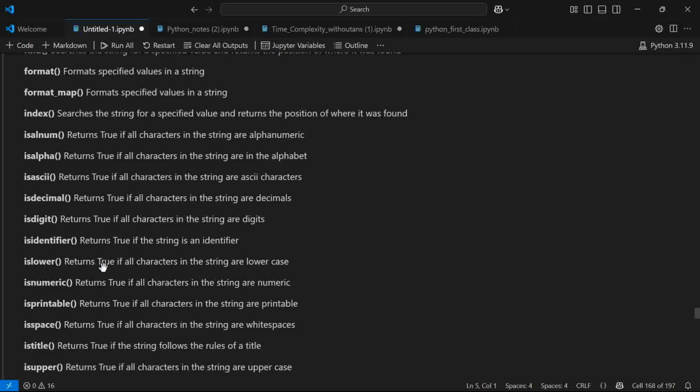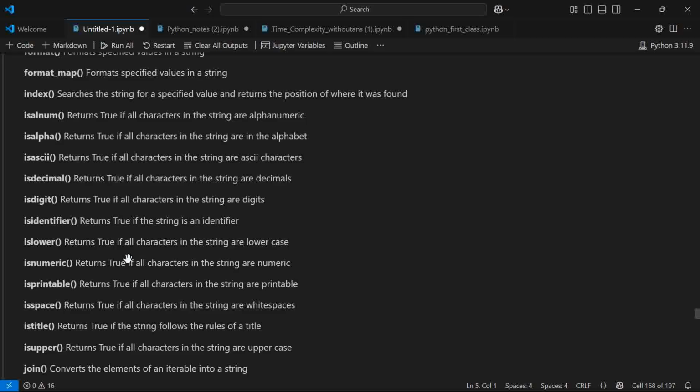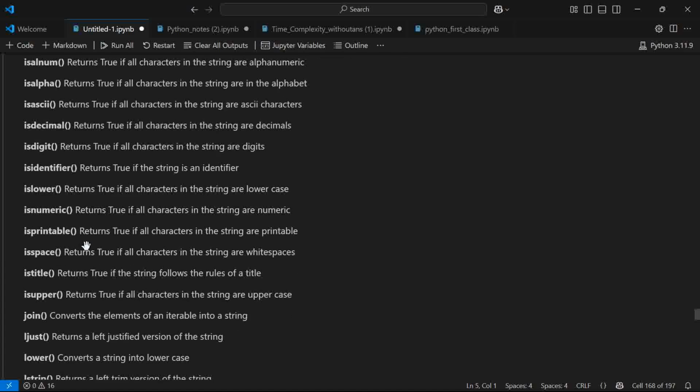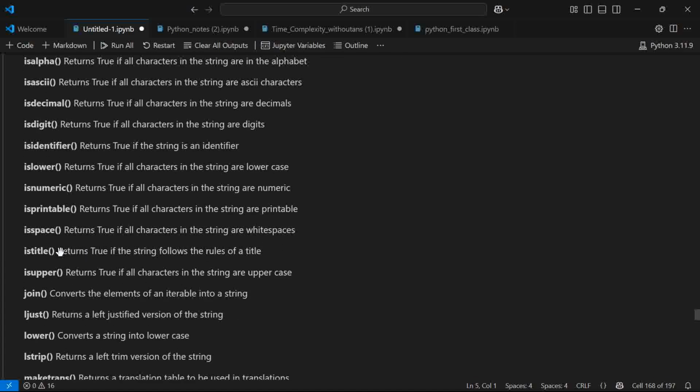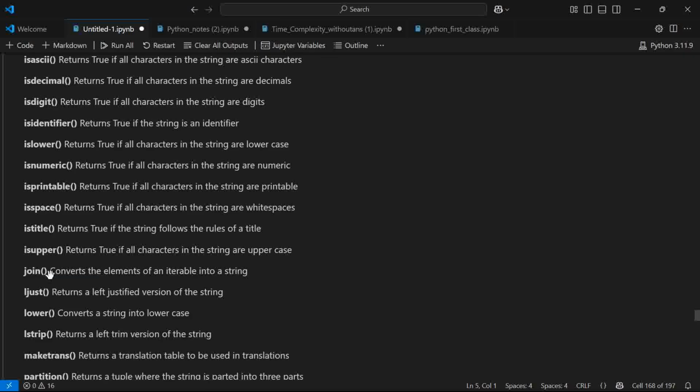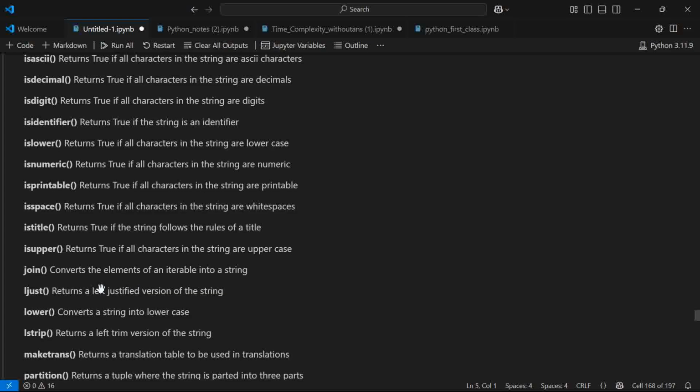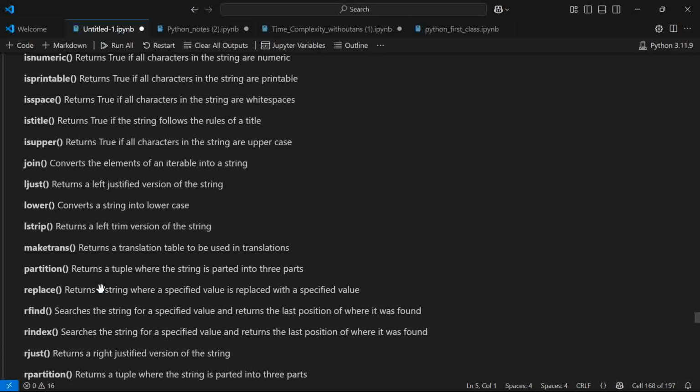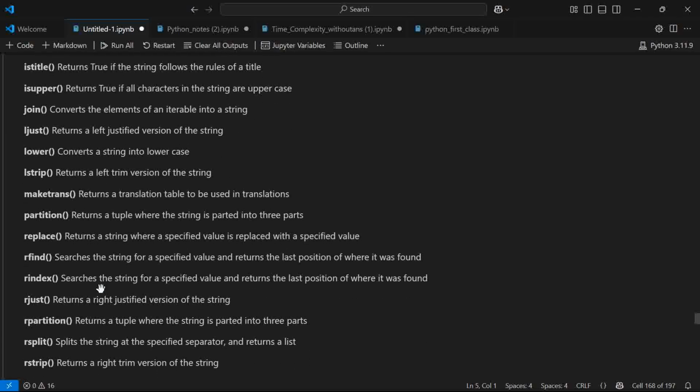islower returns true if all characters in the string are lowercase. isnumeric again returns true if all characters in the string are numeric. Like that, so many: isprintable, isspace, istitle, isupper. Then join, which we use multiple times in code. It converts the elements of an iterable into a string. Then lower, lstrip, maketrans, partition, replace,